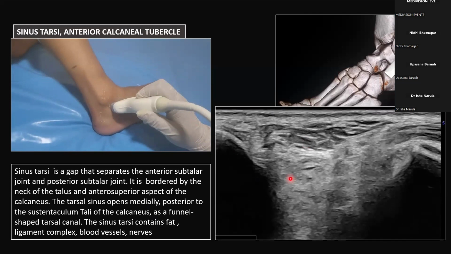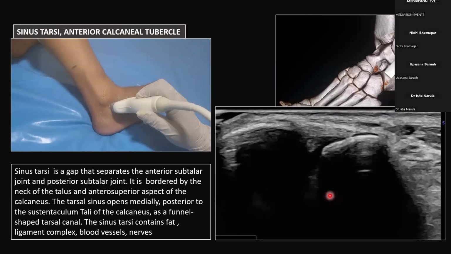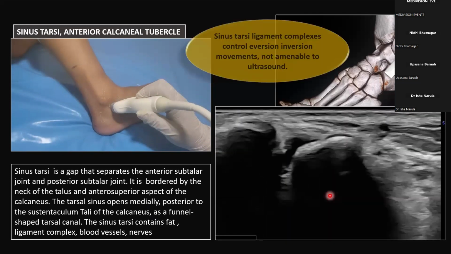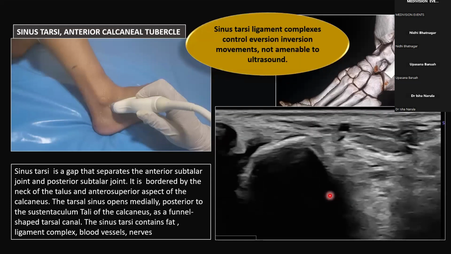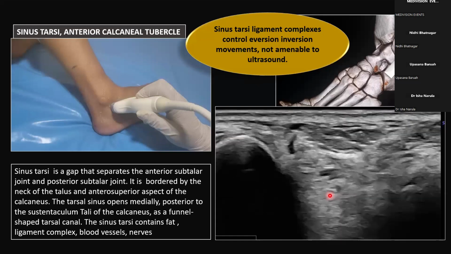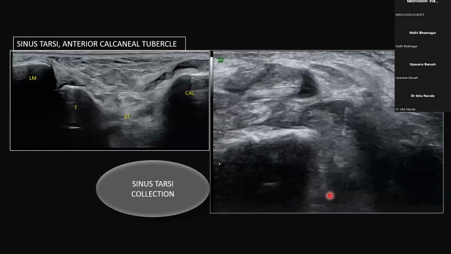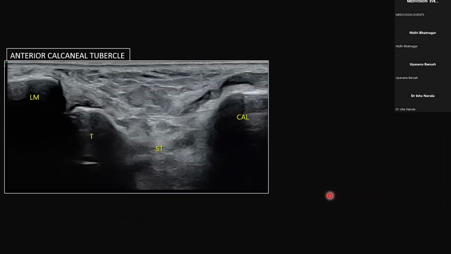It contains very important structures like cervical ligaments, nerves, and some ligament, etc. But this is not for any collection there or any hematoma there that can suggest a subtalar bony injury. So once we do the sinus tarsi, then we'll move forward and we'll see the anterior tubercle of the